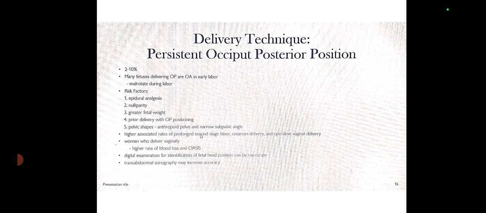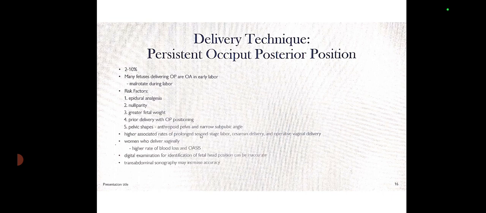When speaking about the persistent occiput posterior position, this occurs in nearly 2 to 10%. Many fetuses delivering OP or OA in early labor rotate during the labor. While speaking about the risk factors, they are epidural analgesia, nulliparity, and greater fetal weight, prior delivery with the OP positioning, and the pelvic shape is android pelvis and narrow